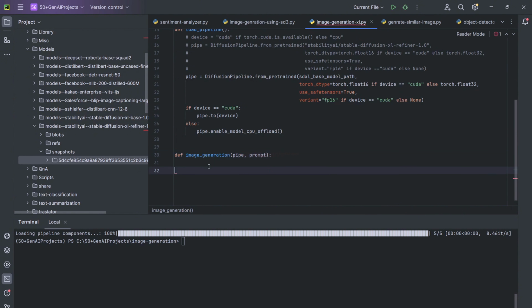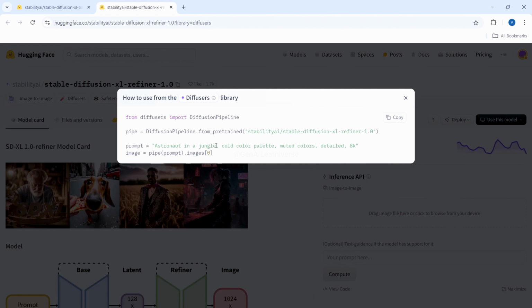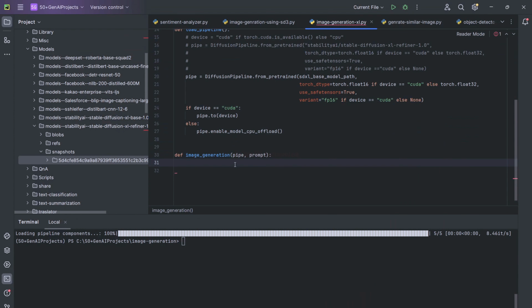Okay, and then basically for this image generation we will have to mention all the parameters, whatever is required, like prompt, negative prompts, all these things we will have to pass as a parameter for this pipe. The same way it has explained here, right? If you go to diffuser, it says pipe and prompt, right? But along with prompt we can pass some additional parameters, so I'm passing that as well. So let me do that. So I'll put inside try,